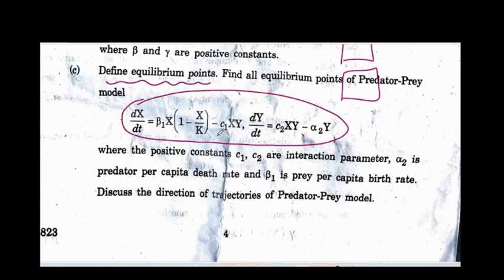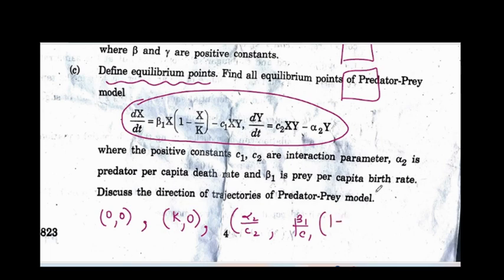So this again is a question from the exercise, and for this system there will be 3 equilibrium positions. Let me write them for your reference, though it's a question from the book, but still I'm going to write it. So the first equilibrium point will be (0, 0), the second will be (K0, 0), and the third will be (alpha 2 by C2, ...). So let me refer to my answer. Yeah, so these are the 3 equilibrium points which you are going to obtain just by solving dx/dt equal to 0 and dy/dt equal to 0 simultaneously.